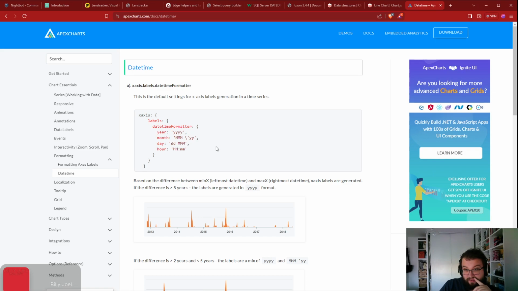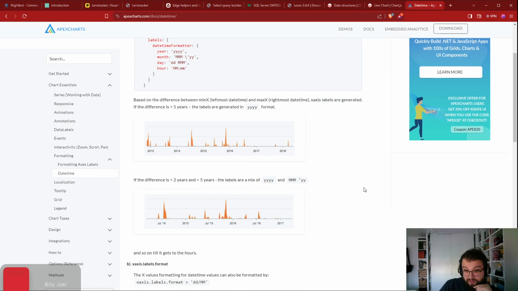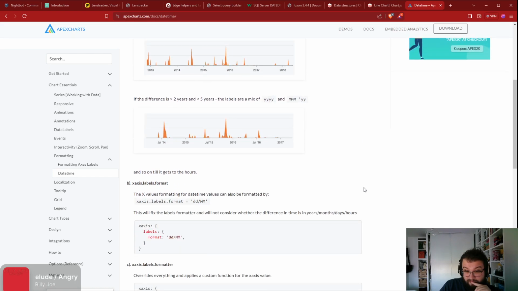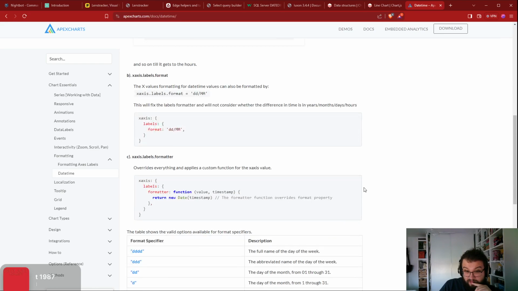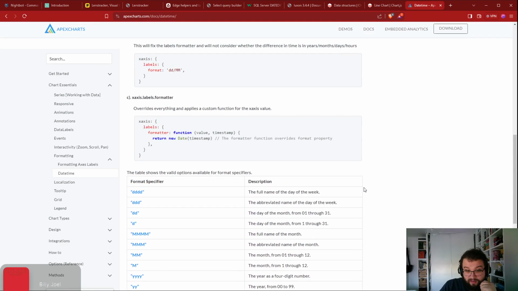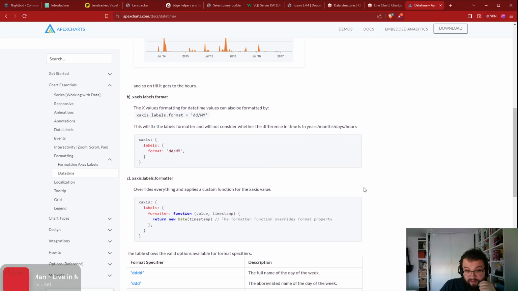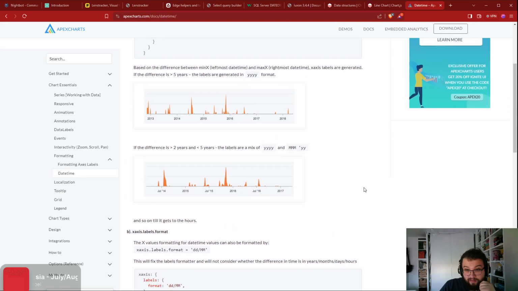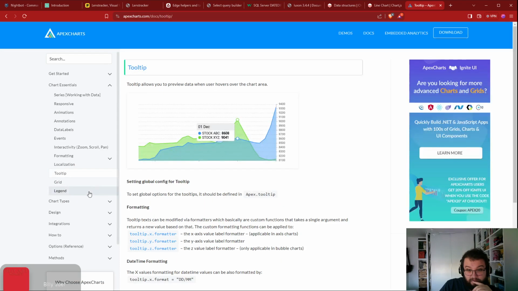This is the default setting for x-axis label generation in a time series. Okay, so this is great. Y-axis. Okay, so this is fine, but then